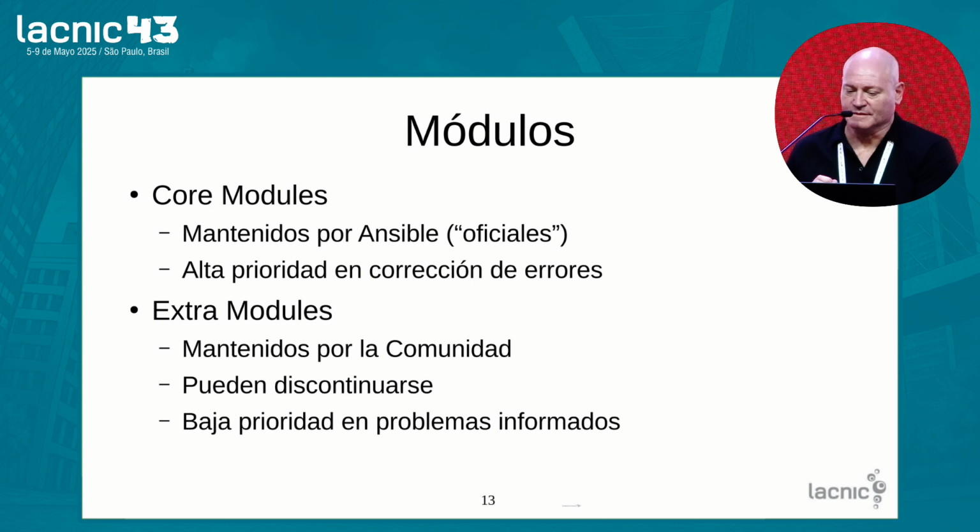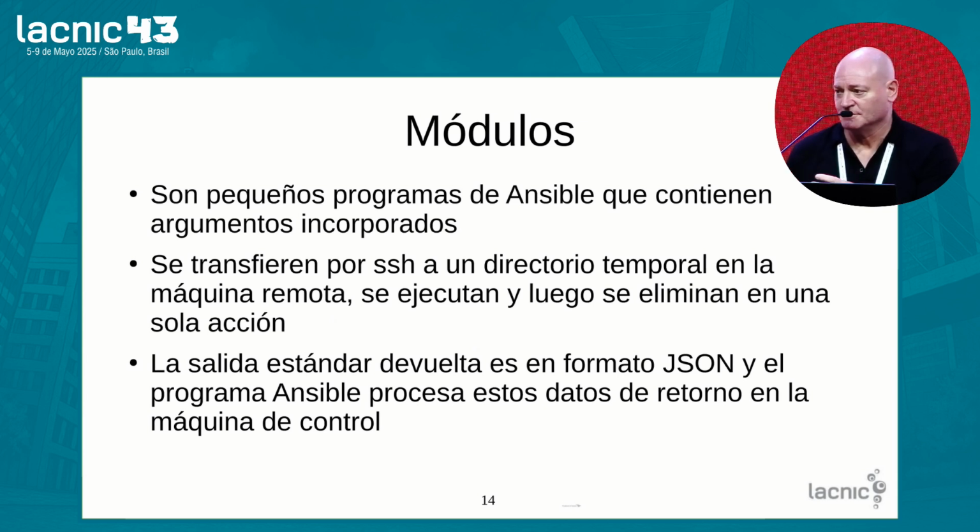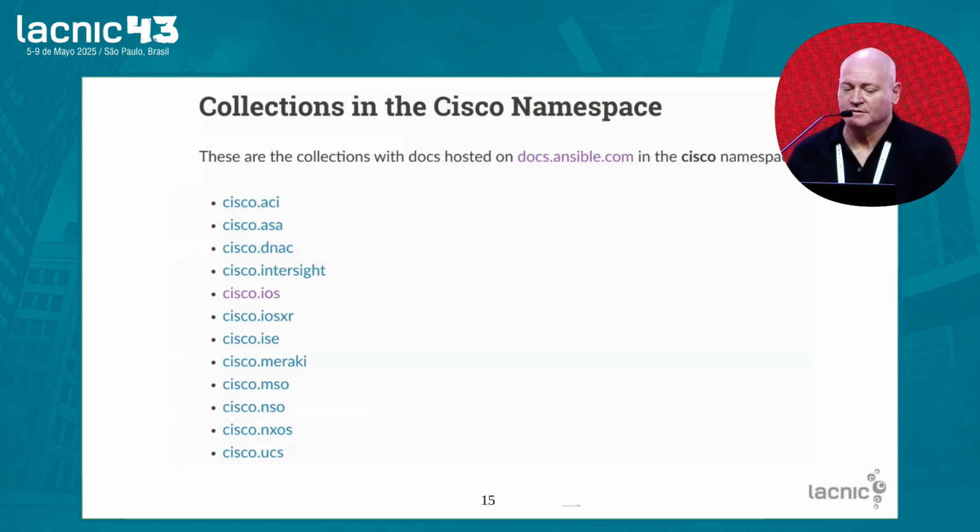As I was saying, the modules are what is transferred to a temporary directory and is then executed depending on the type of remote device. These are executed and then eliminated in one single action. The output that you will see once we execute these tasks is in a JSON format. And Ansible will somehow process the data received from that machine, and will show whether errors have been made in what was executed. This is an example